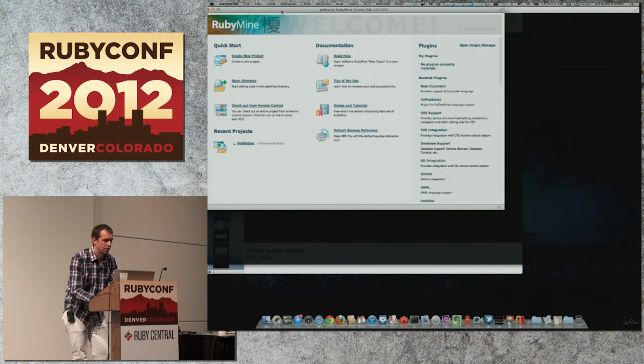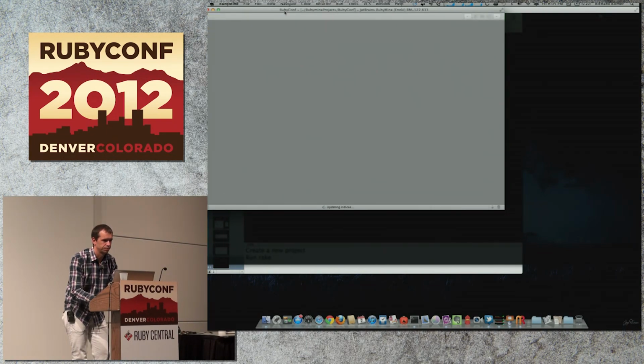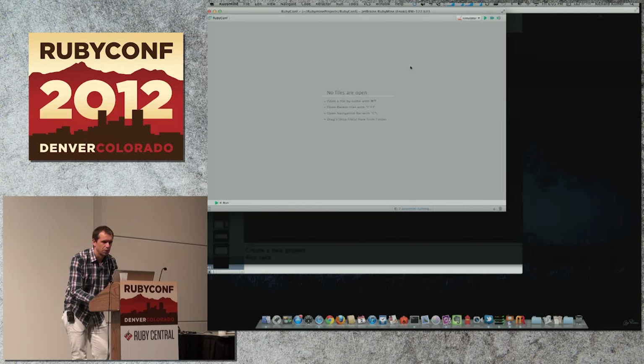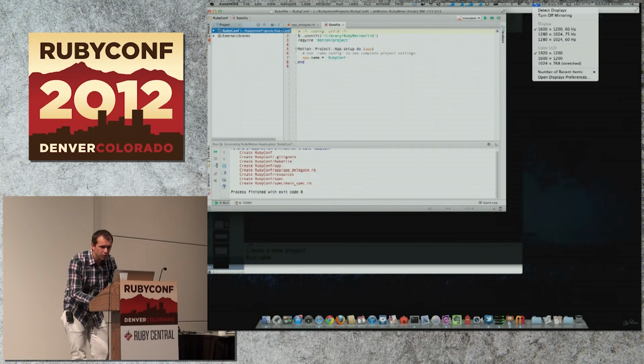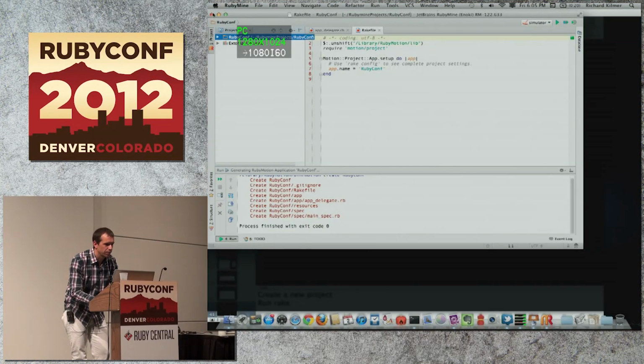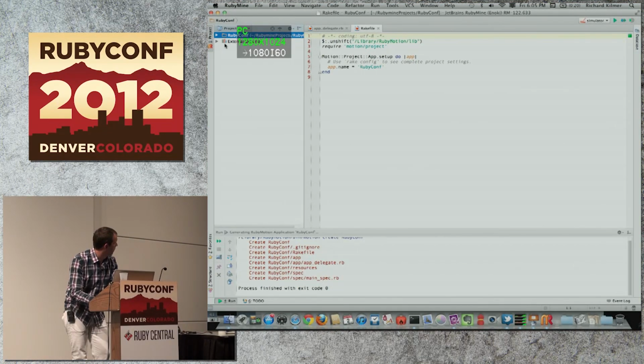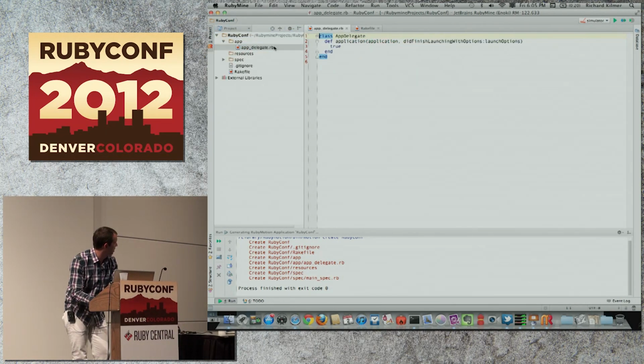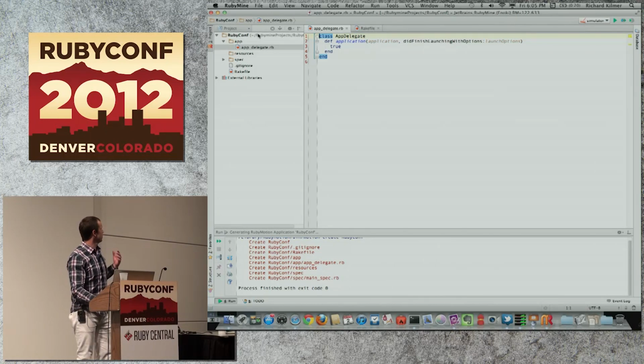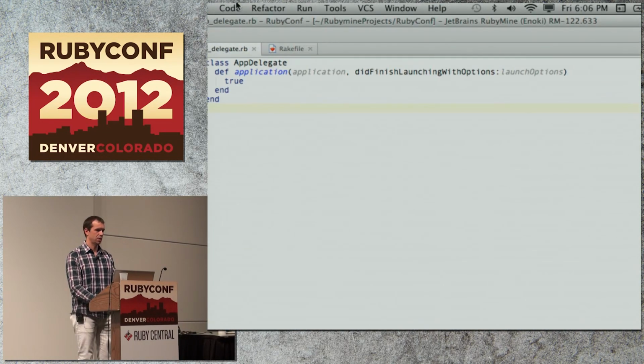There it comes. It's doing its thing, and while it's doing that, I will adjust the size of the monitor, make it get bigger. It might be kind of hard to see here, but what I wanted to show is the structure of this application. The main file that gets generated for you is, let's see if RubyMine lets you, no, you can't zoom this way easily. Anyone know how to quickly zoom in RubyMine? Oh, do that thing? There you go.